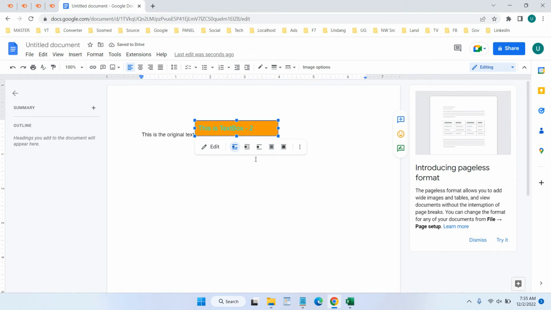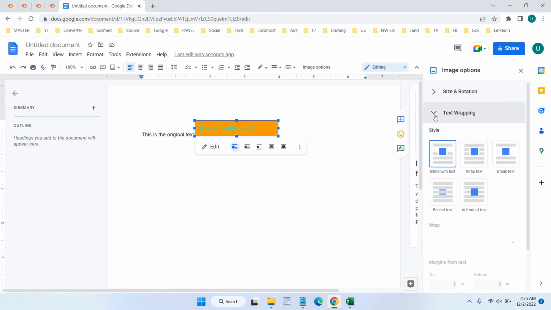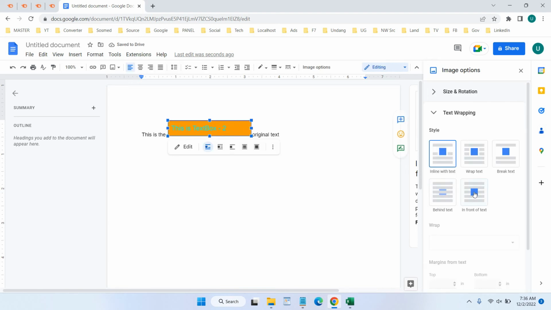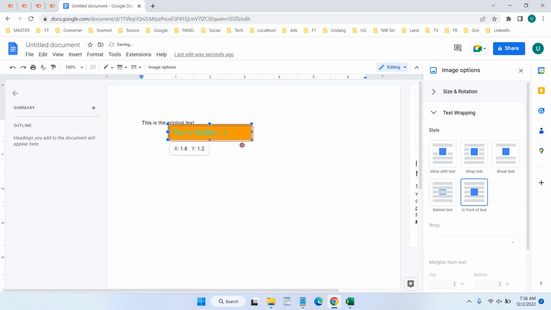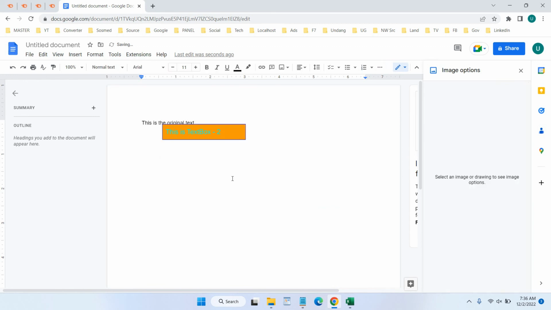Now you can see there in the floating menu here there is wrapping text. You can show the properties by clicking the image option and click all image options here, and this is the text wrapping, and I suggest you use in front of the text, because if you are using inline with text, you will not be able to position this text box anywhere. But if you are using in front of the text here, you can drag and drop the text box like you want. Okay,